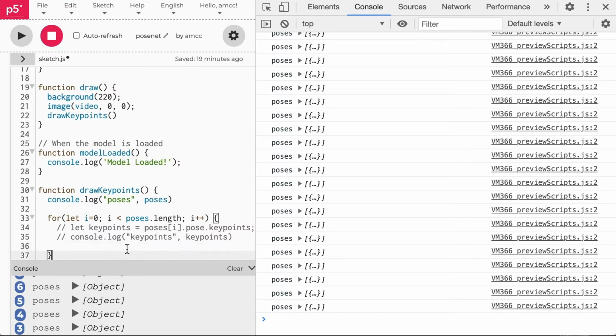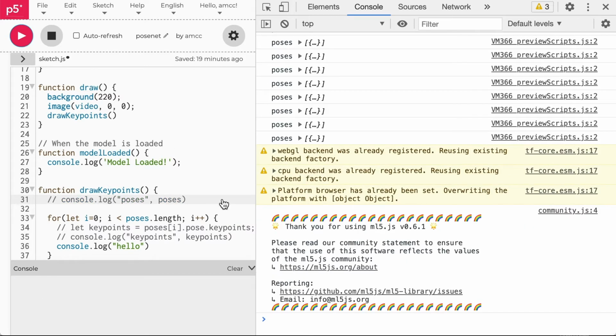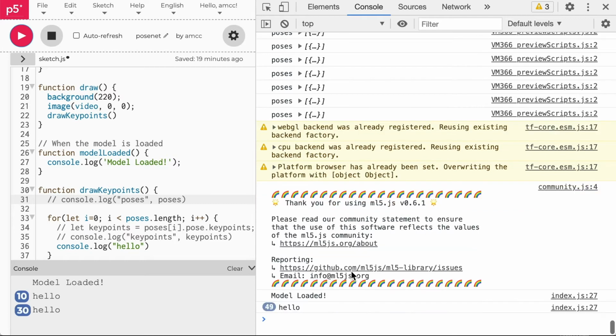So let's just check I'm getting anything in here and I've not done something really silly. The old console log hello trick, just to check I'm actually getting something. Yes, okay, so I'm definitely getting something in this loop. It's saying hello, right? Okay, so hello's working,